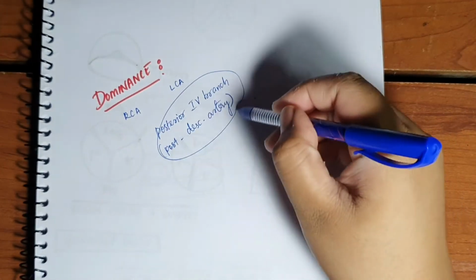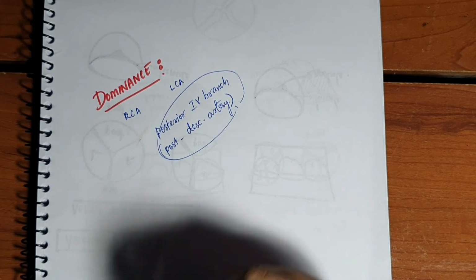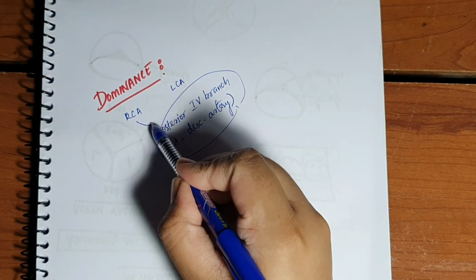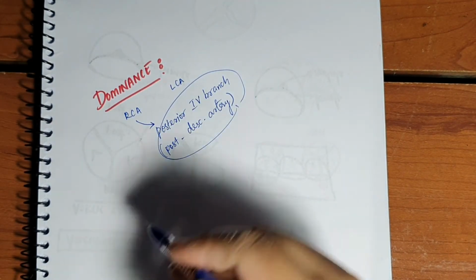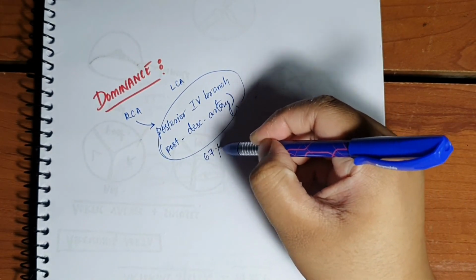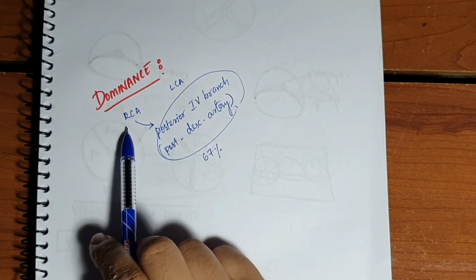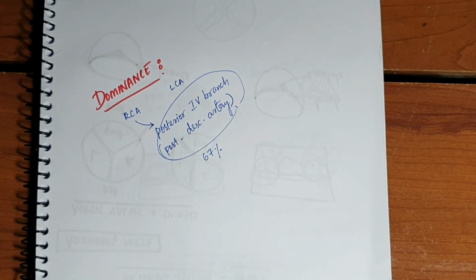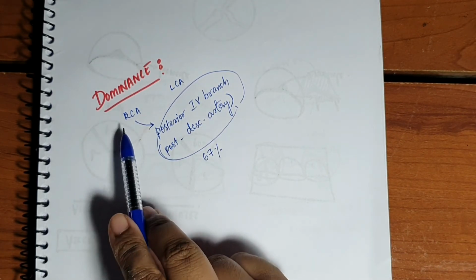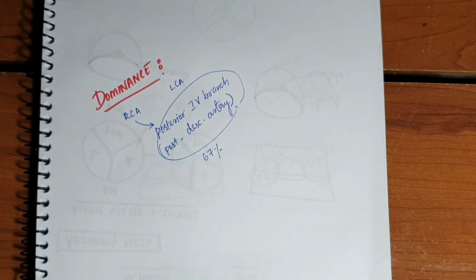Now this branch, as we saw just now, is usually a branch of the right coronary artery. That is in about 67% of the people. The posterior interventricular branch is a branch of the right coronary artery, meaning most of the people have a dominant right coronary artery,